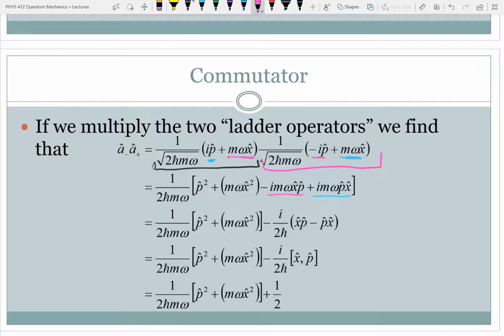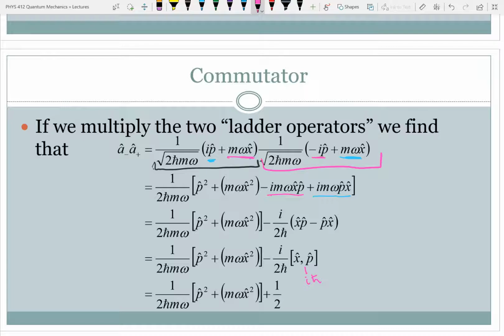And so the next two steps are just rewriting this, bringing the 2 H bar M omega in over here. So the M omega cancels, you just have 1 over 2 H bar, and then XP minus PX, which is the commutator that you just said. And so you replace that commutator with I H bar and minus,